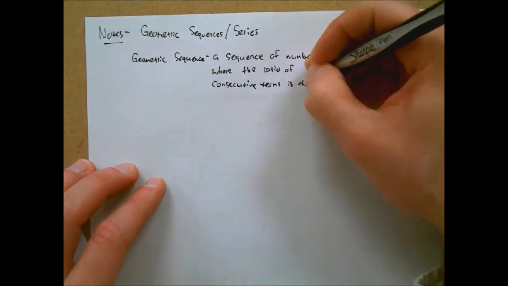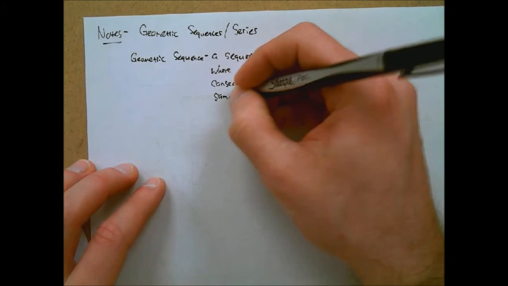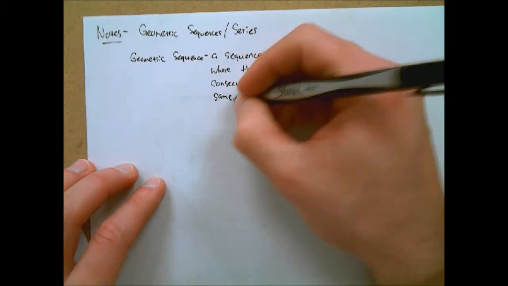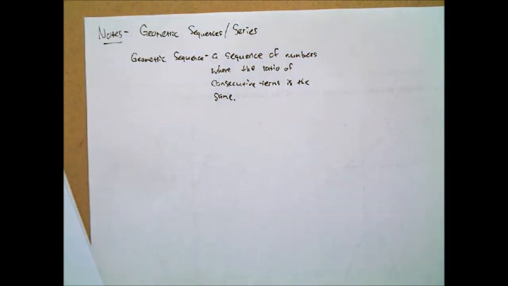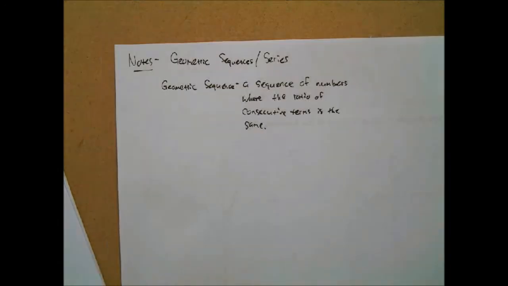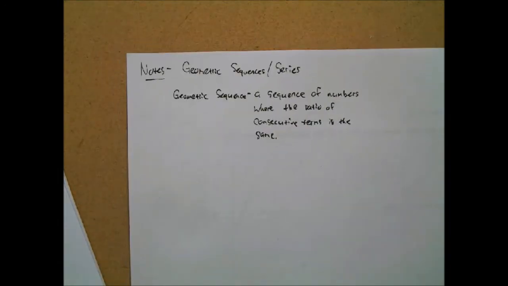So instead of finding a common difference, we'll be finding a common ratio. So when it's not the arithmetic sequence, but it's multiplied instead of plus,